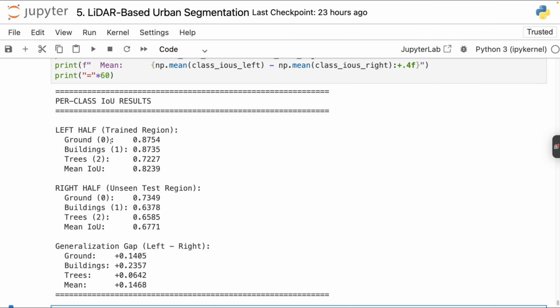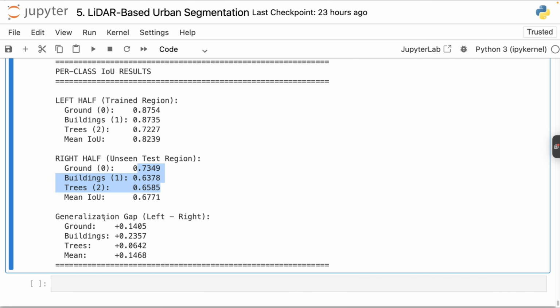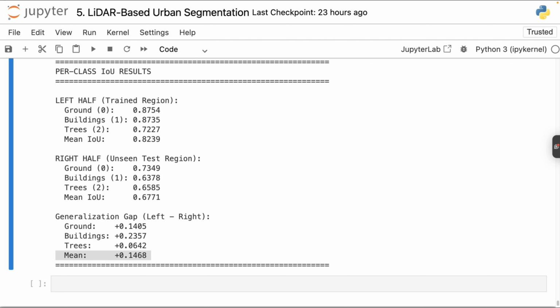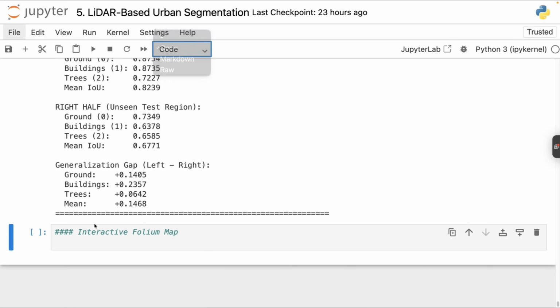So here we can see that the left hand side where we were training the model has around 80% accuracy for each class, while the right half is slightly worse, and there is a small gap of around 0.115 on average. However, this is still fairly reasonable given the number of training instances we had, which was extremely low. And this will probably make even more sense if we turn this into one of the usual visualizations